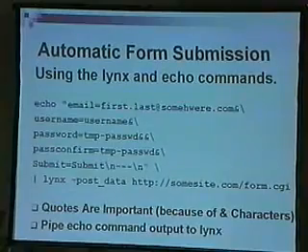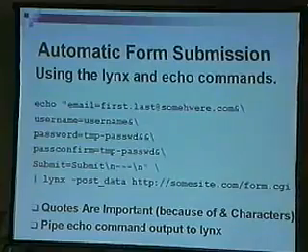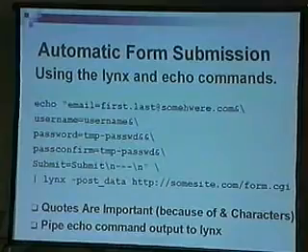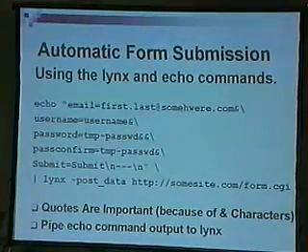And again, we're going to be passing an email, a username, password, confirm, and then a submit. You put that in there, pipe that to Lynx with the post data parameter and the URL that it's supposed to go to, and that site will process it. So the example I was talking about before with the download limit problem, you could write a script that would take advantage of that vulnerability by changing your user account every so often, say via a cron job, and then just using this command line to submit the data every time you wanted it changed.